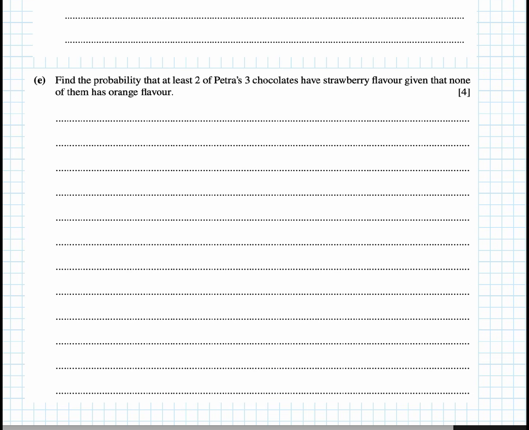And then one more question, the probability again, and we see the word given, so we know it's conditional probability. We had at least 2 of 3. No orange, so we'll be going back to that. We had that already. Absolutely, definitely going back to that part. So, not Bayes' theorem, what are we doing here? Conditional probability. So, strawberry given no orange. Rewrite that. This is a formula that you need to know off by heart. Just make sure it's like that. So, strawberry intersection no orange all over